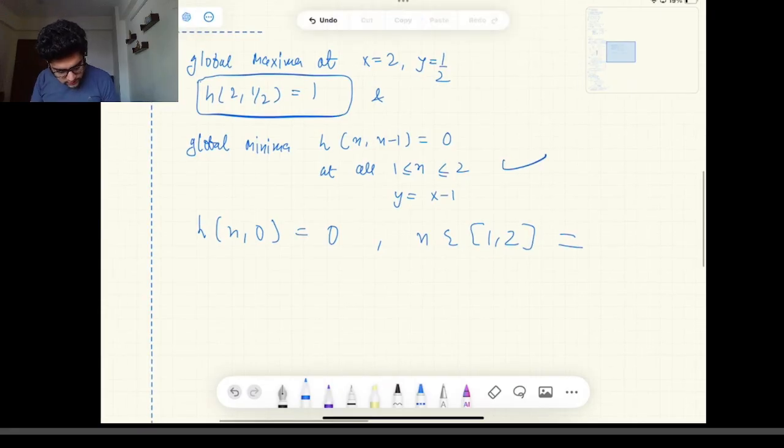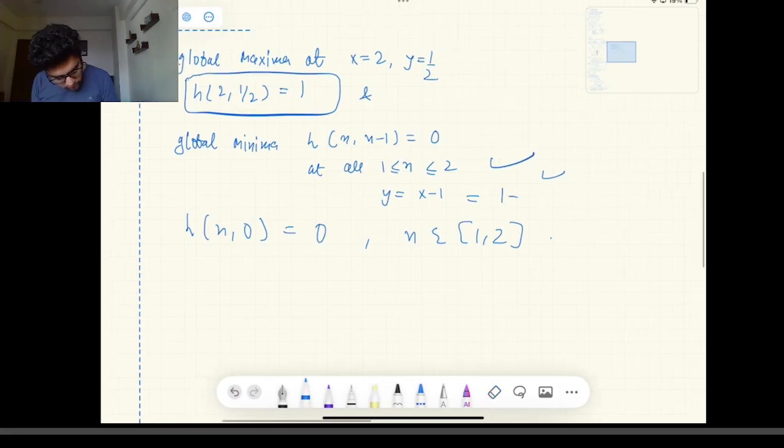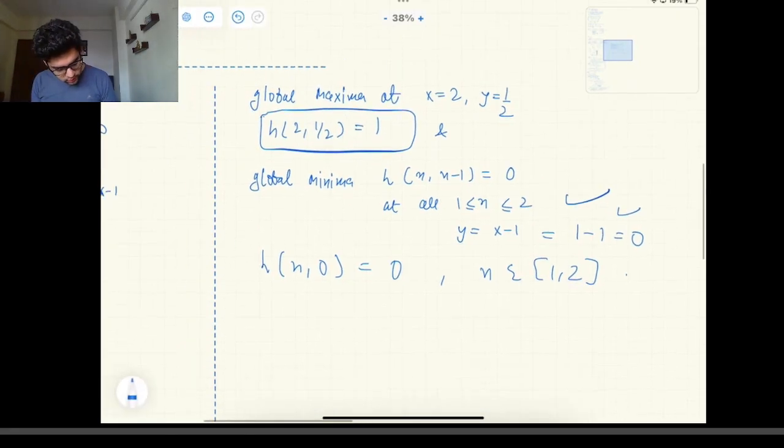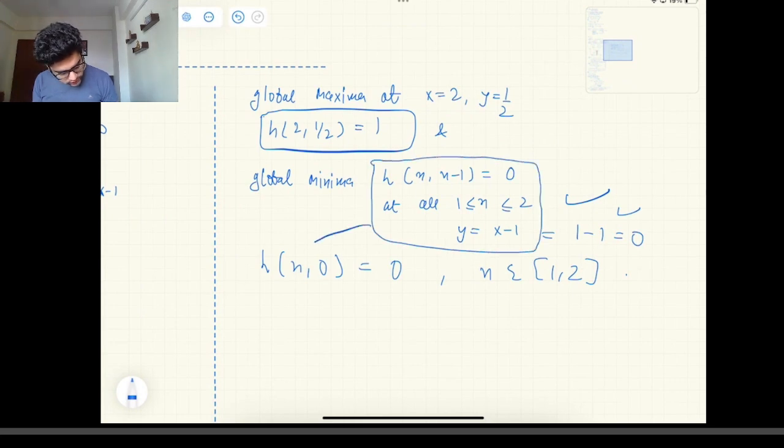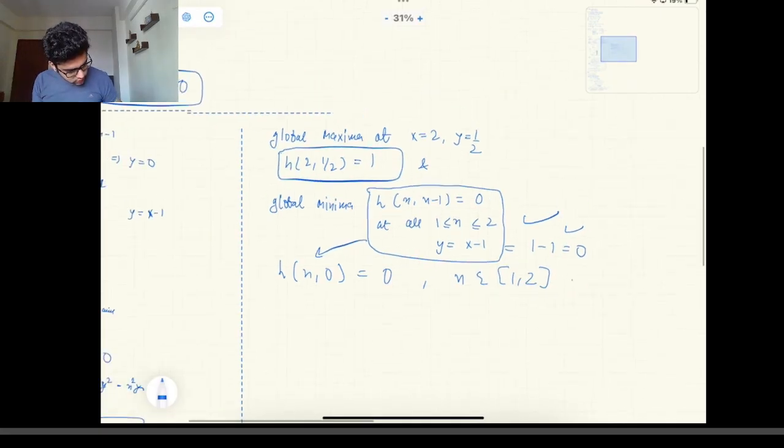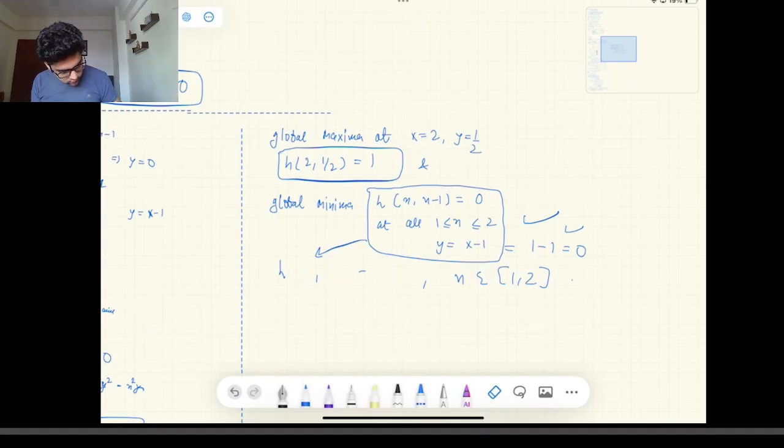But what I'm saying is that this above statement which I wrote earlier is also implying the same thing. Why? I explained to you guys, when my y is x minus 1 and my x becomes equal to 1, this will automatically become 1 minus 1 equal to 0, right? So this statement is already implying this statement. There was no need actually to write this, so I'll just be removing this, and other than that our answer